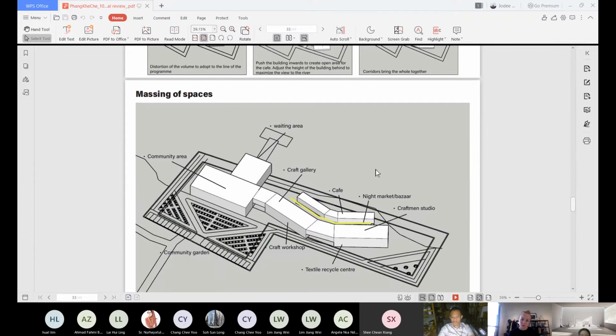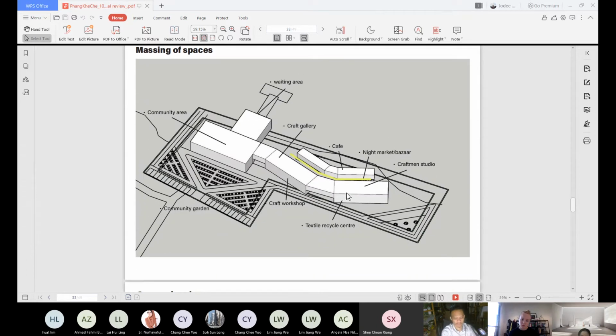For the meshing of spaces, I want to show the life cycle in the circulation. So the circulation of the space will start with the garden, which is nature, and end at the garden. And I propose a textile recycle center here because in nature, the cycle is always a sustainable cycle.